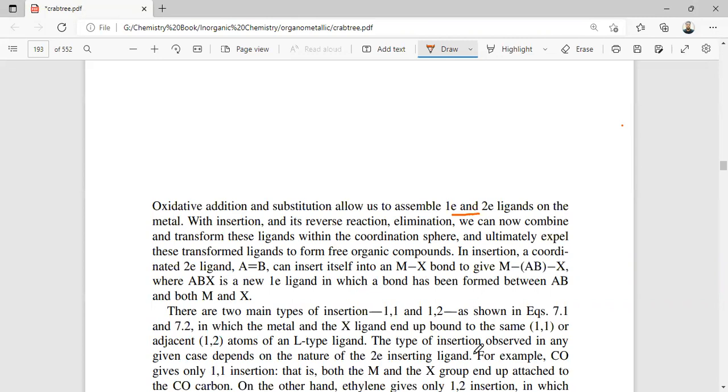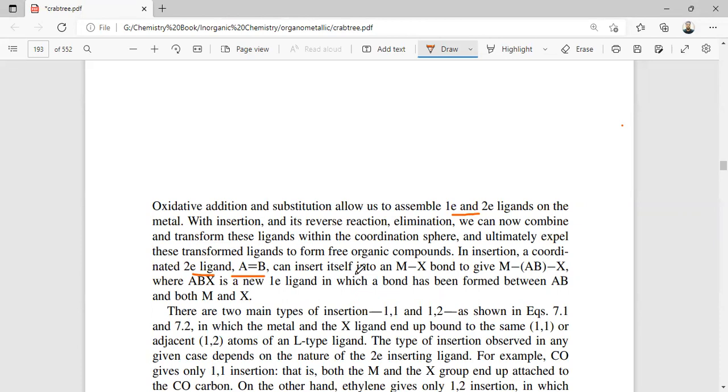So that means in the oxidative addition or the substitution reaction, the new ligand is connected to the metal center, but in the insertion reaction, the combination of the ligands within the complex framework happens, which helps in forming the new organic compound. So in the insertion, a coordinated two-electron ligand